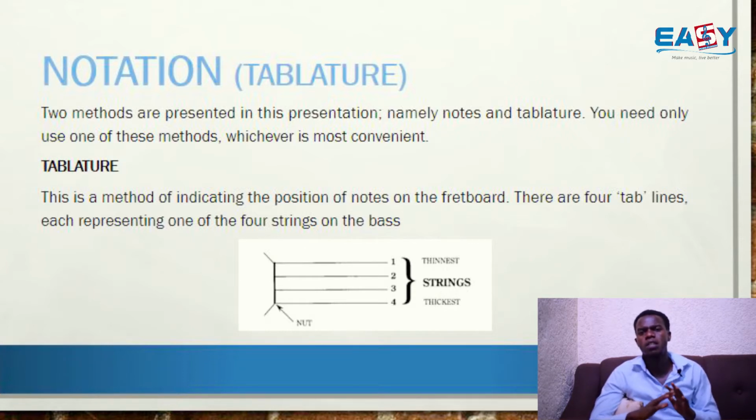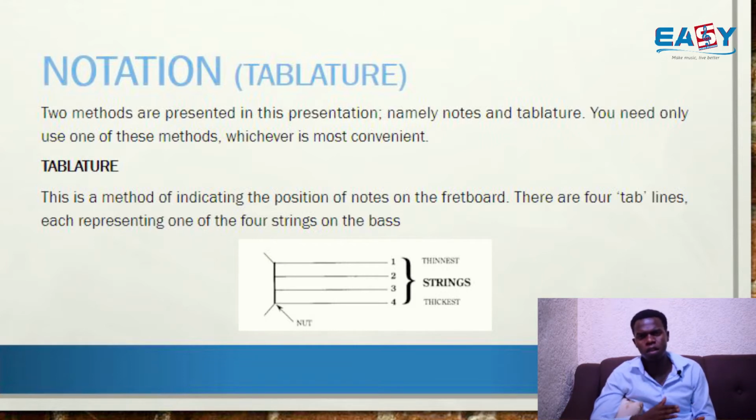All you need to know is that you build a tab line. A tab line is something that is sketched like a guitar. It indicates the head, and it indicates the lines that represent the strings, and you name them. From upward, you name the thinnest string. The thinnest string on the bass guitar, we know that it's the G string, and the second one is D, and A and E.